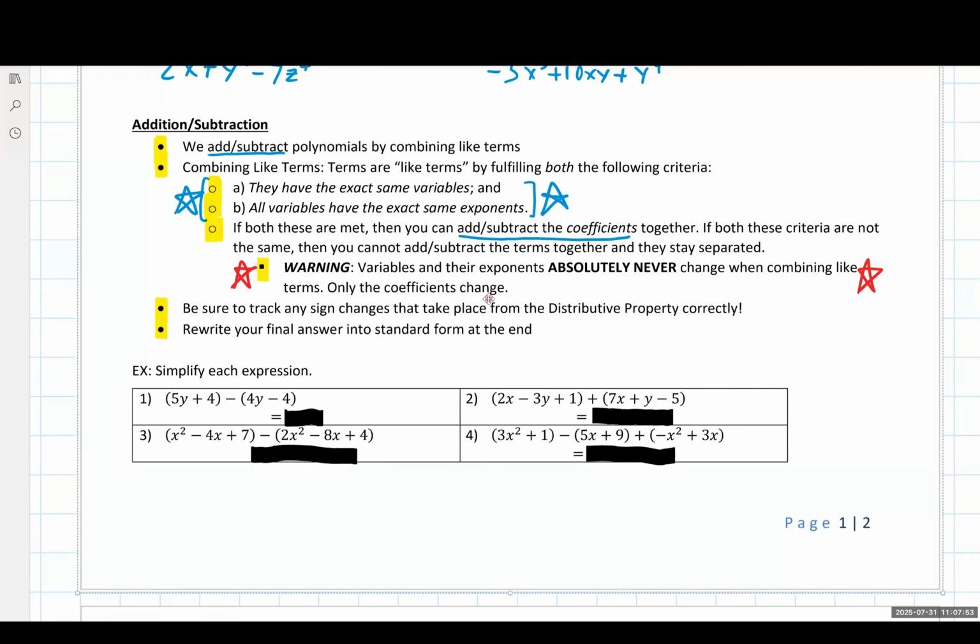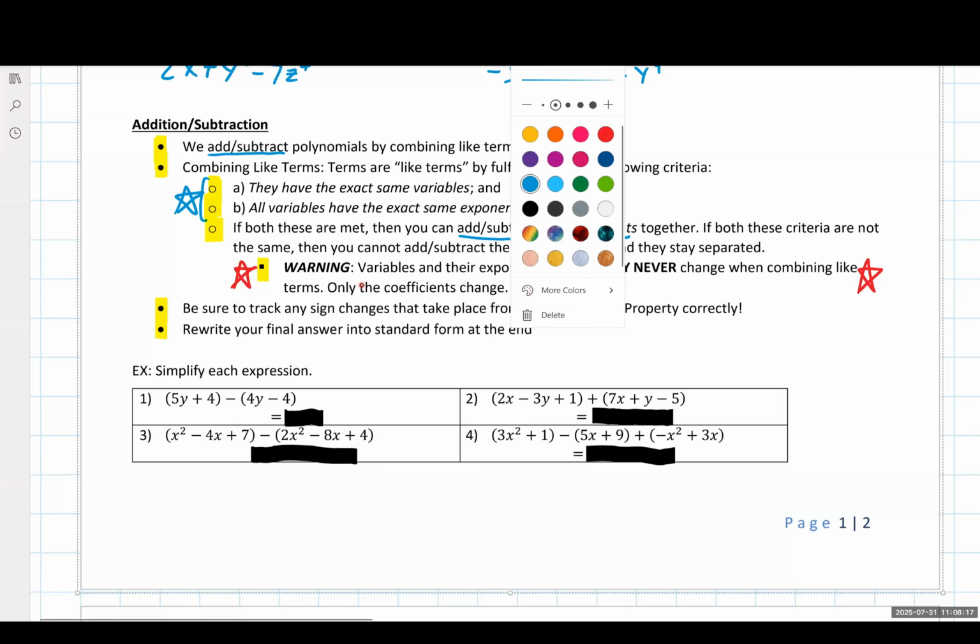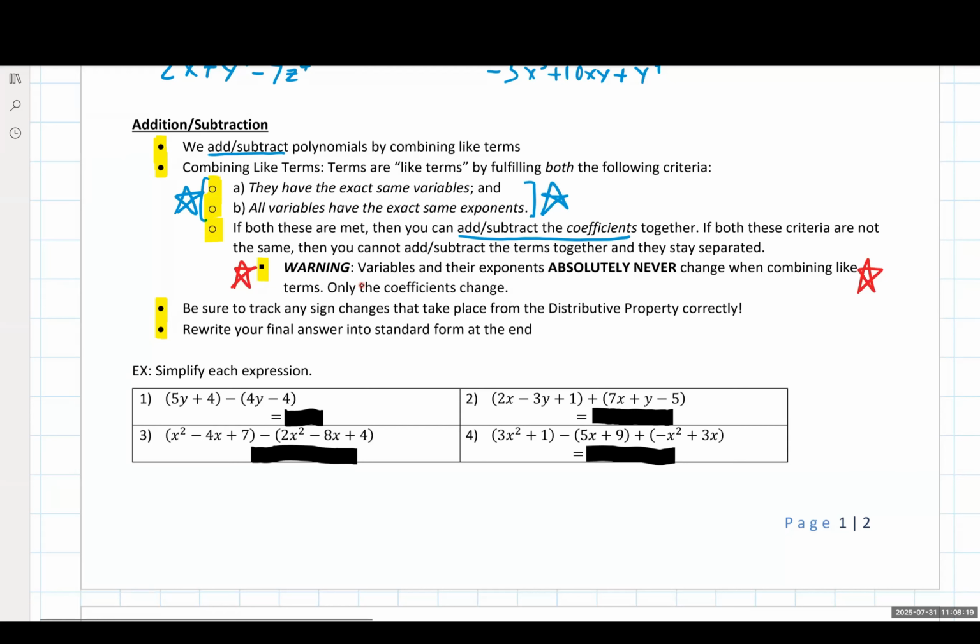So if you are writing things down, and I'll give 30 seconds or so here before we dive into the examples for people to write things down. If you are writing notes down, please, please, please use red pen, use highlighter, use something to put some big circles around or red stars or warning labels, something like that to note this for yourself. This is something that a lot of people unfortunately do, and it makes things way, way harder with these problems than they need to be. And we get wrong answers as a result of this.